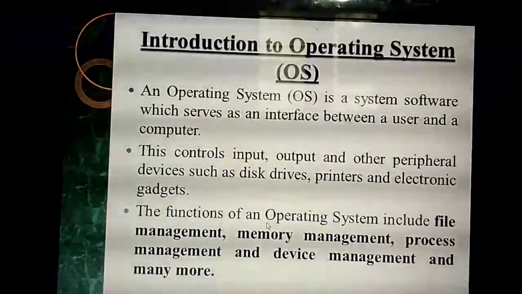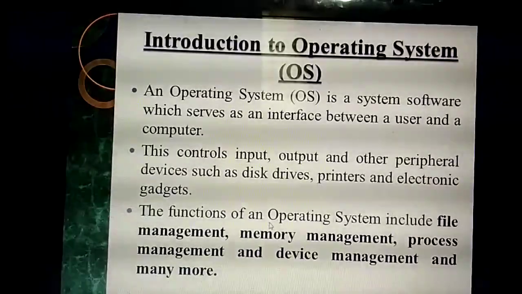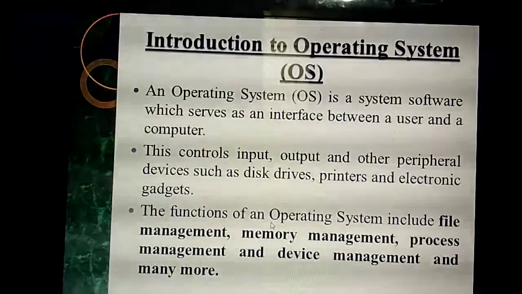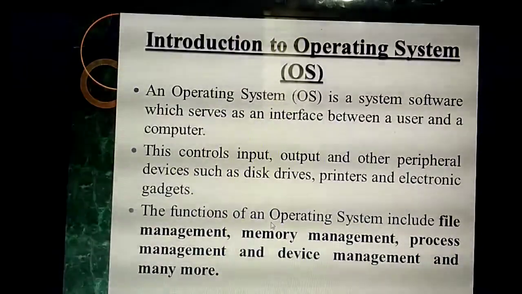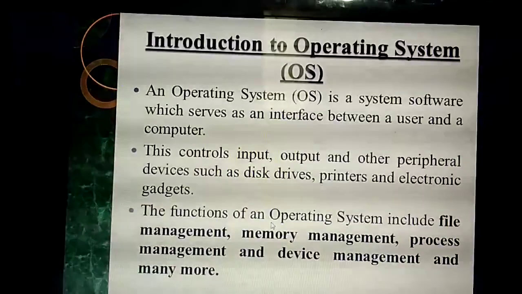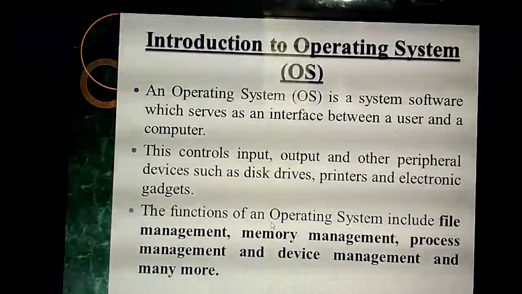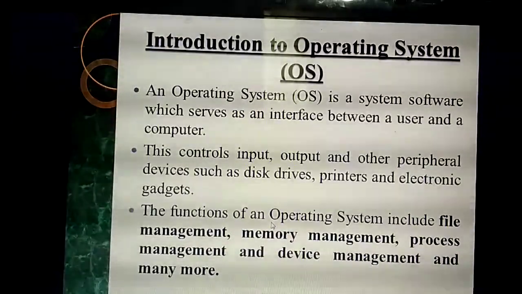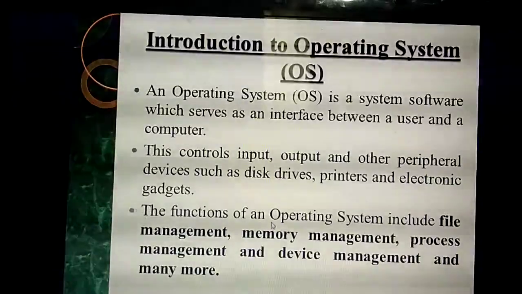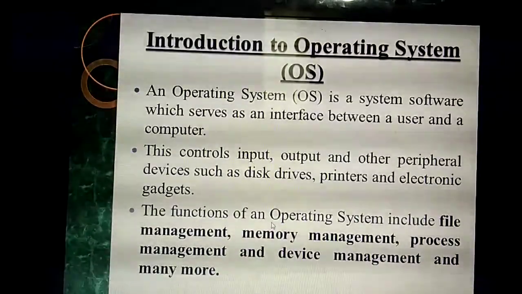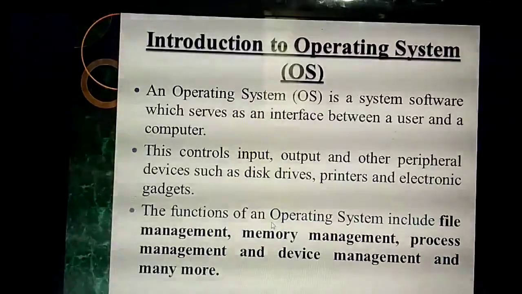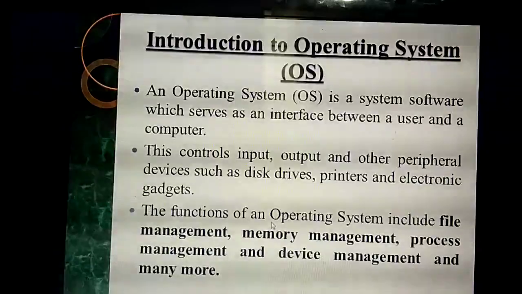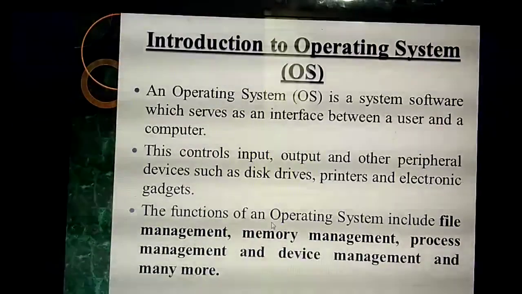Understand? So what are the things you have studied in operating system? This is an intermediary person between whom and whom? User and a computer. If you are using mobile phones, that operating system is an interface between you and the mobile phone. Okay. So what are the things it will control? It will control all input and output devices connected to the computer. So each and everything, particular persons need to manage. So separate management is given for this operating system. Okay. For example, file management, memory management, process management, device management, etc.